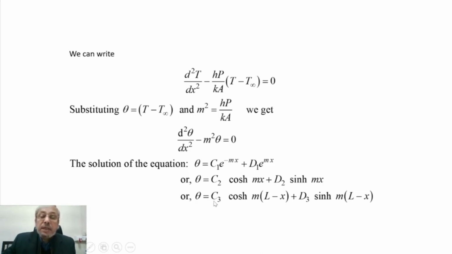And another is theta equal to c3 cosh m(L minus x) plus d3 sinh m(L minus x). So any solution we pick up, we'll see after proper substitution of the boundary condition, the solution we will get is